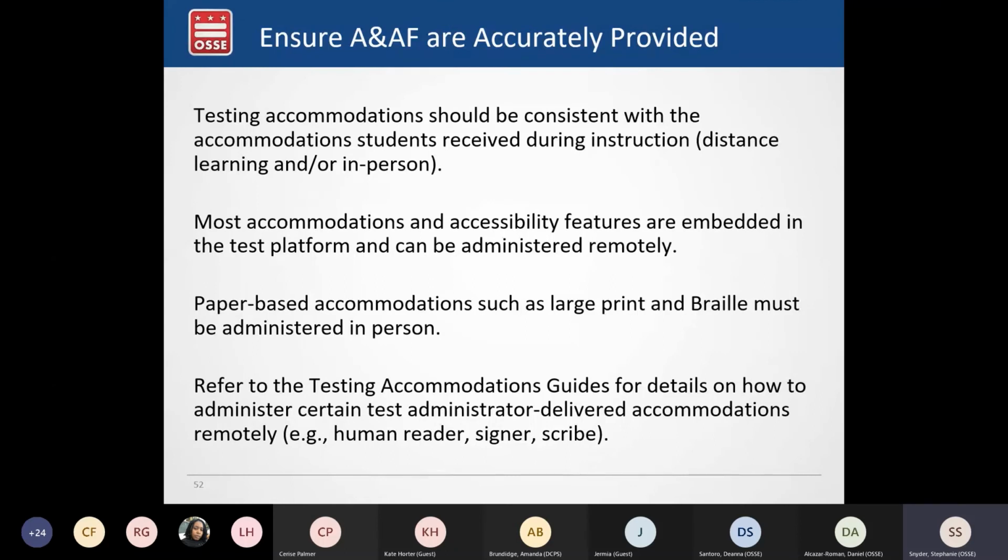Schools that are not open for in-person instruction in any capacity are exempt. So if schools are open in any capacity serving students either hybrid or in person, they are required to provide an opportunity for students to take those assessments that require paper-based forms.